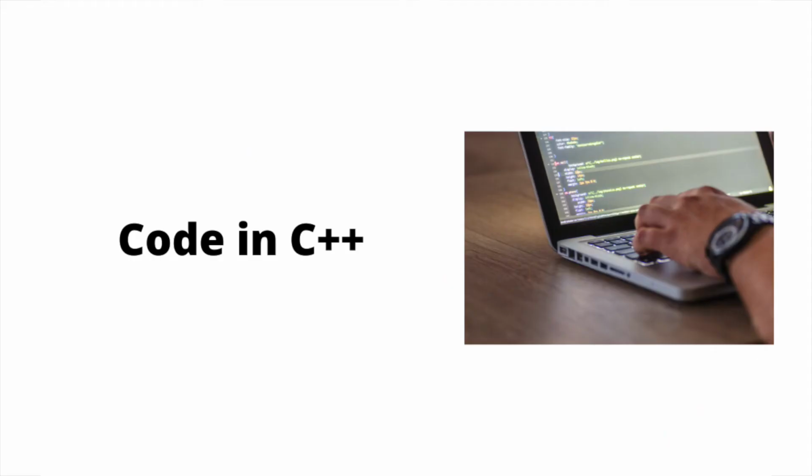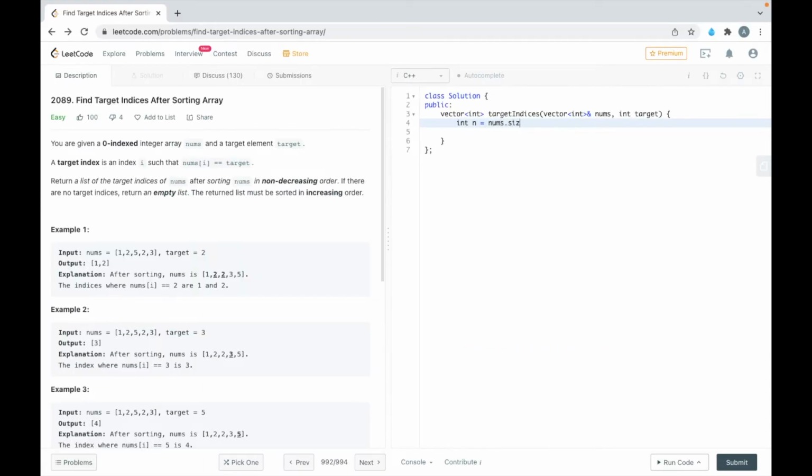So let's code this. So quickly I will explain what I did in this code.